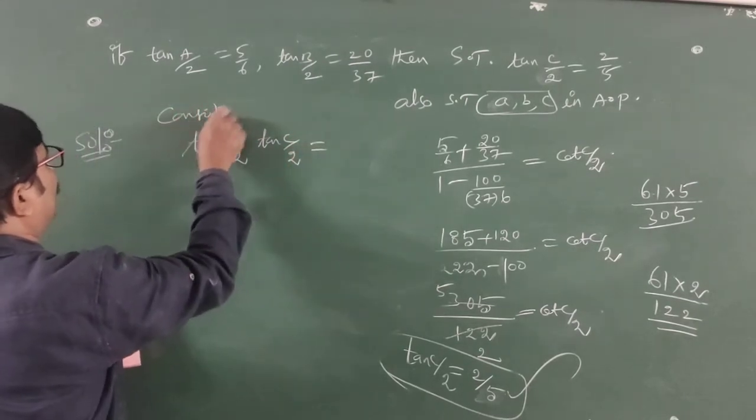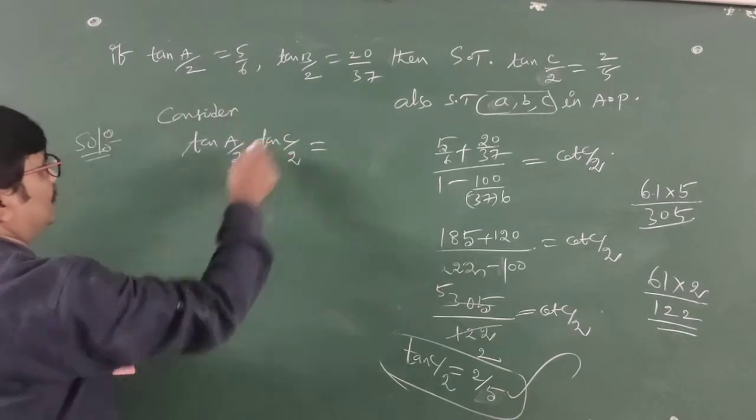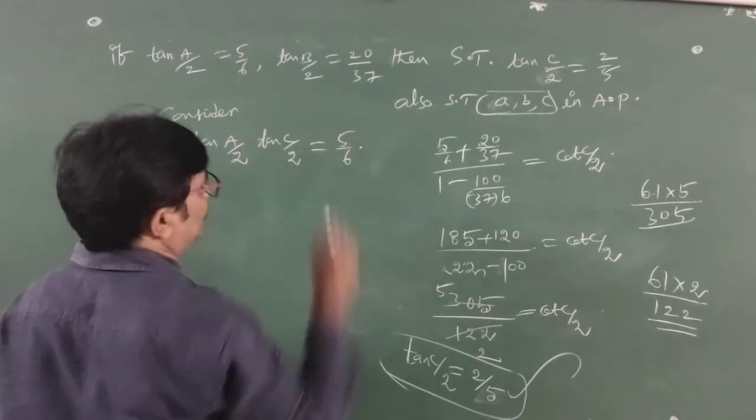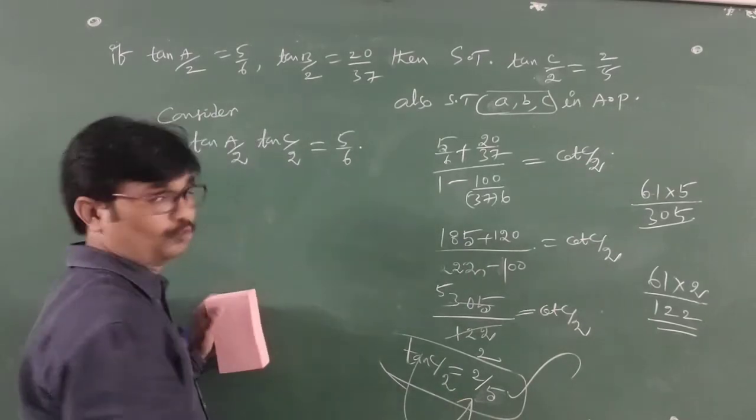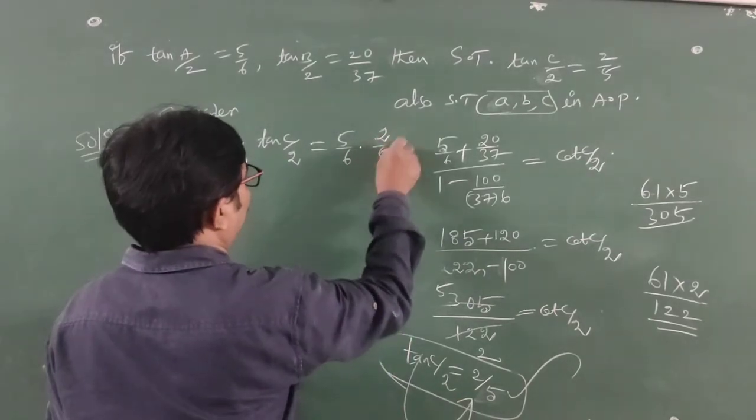Consider the product: tan A by 2 is 5 by 6. Just now we found the value of tan C by 2 is 2 by 5. So students,